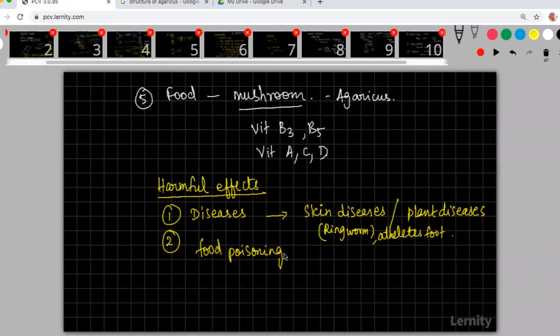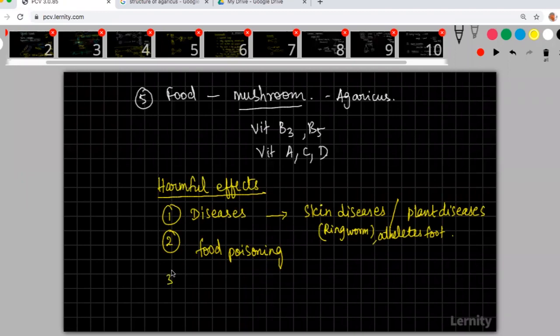Yeah, baking powder also does the same thing. If you are not using yeast, you can use baking powder. Baking powder will do similar work to yeast. Some people will not add yeast, some people will add yeast. Baking powder is not a living creature. So if you're talking about Jain people, or vegan people, they will not use yeast. They will rather go for baking powder. So food poisoning is there.